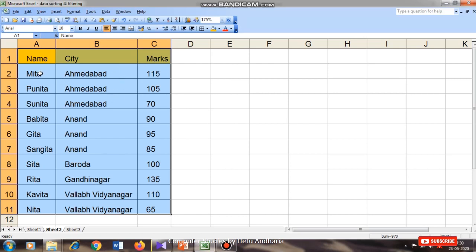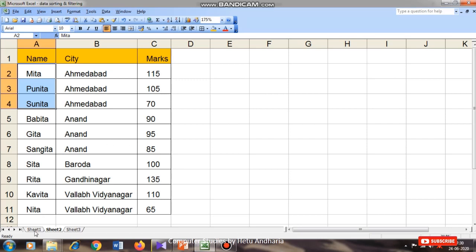Then in Ahmedabad, you see the names starting from M, then P, then S. So inside Ahmedabad the names are arranged in alphabetic order. This shows that you can do data sorting on more than one field. Here 2003 provides you the facility of arranging the data in three